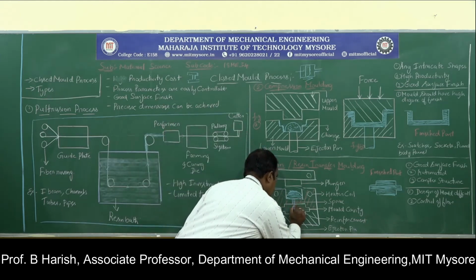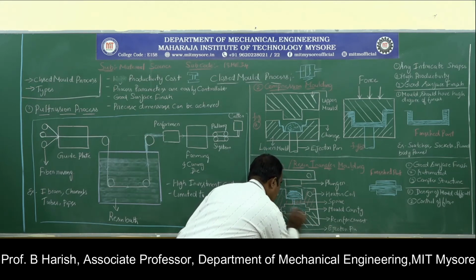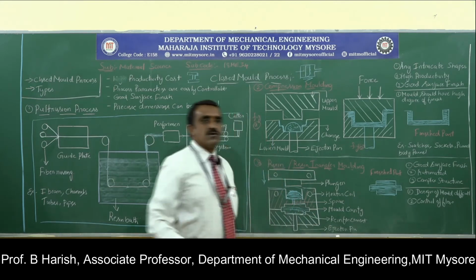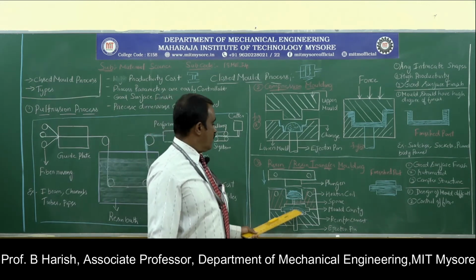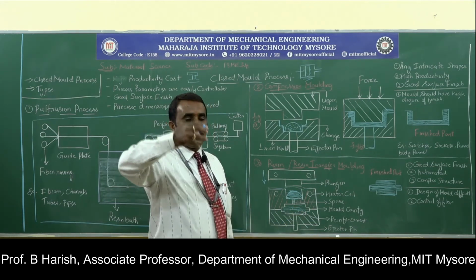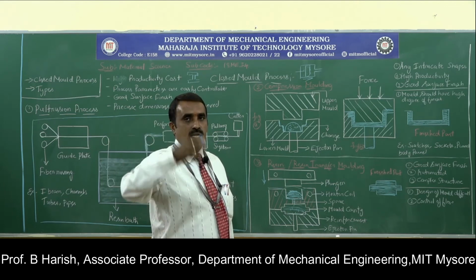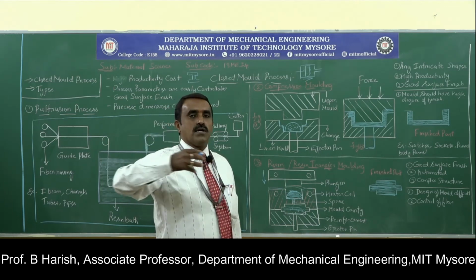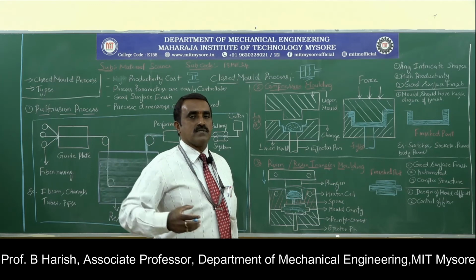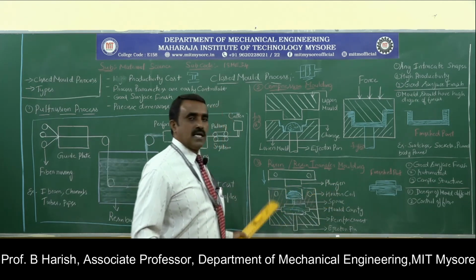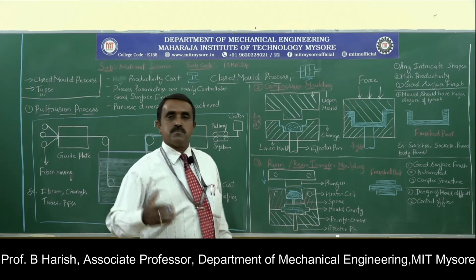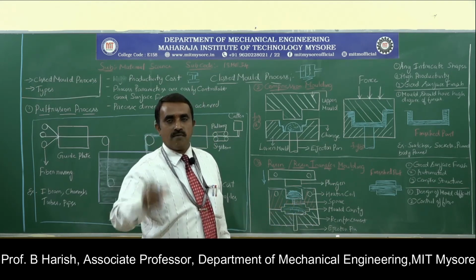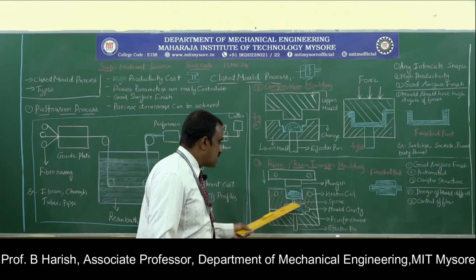It starts flowing here in this direction and starts filling this mold cavity. Already you know that the reinforcement will be filled in the mold cavity. The matrix is converted from solid to a molten state by the heat given out by the heater coils. So it starts flowing to this sprue. As I told, the sprue is the passage through which the metal flows, and it starts filling this cavity.